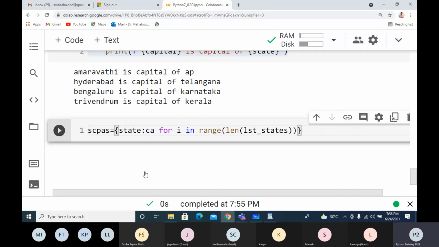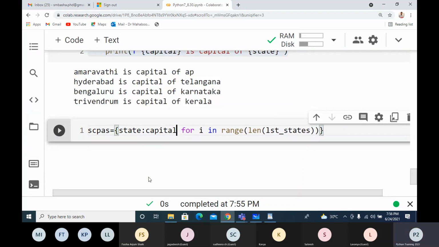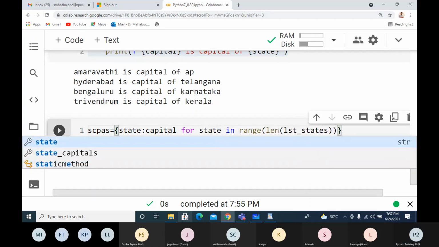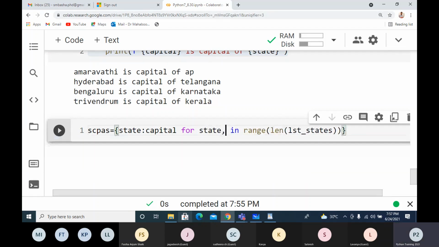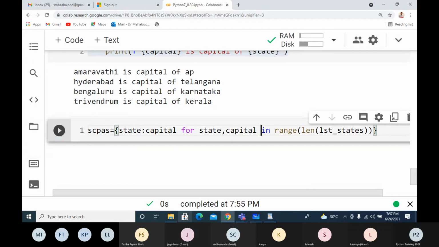State, capital, for state, capital in, not range, I'll use zip, lst states and lst capitals.